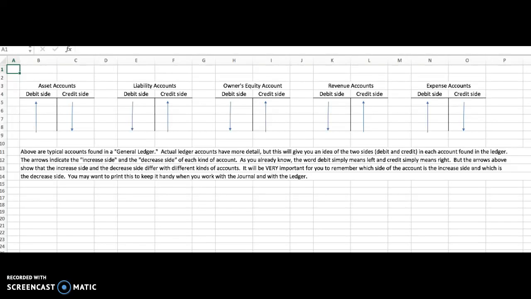We started out after some introductory things talking about the financial statements, two financial statements of businesses. One is the balance sheet, one is the income statement. We spent quite a bit of time with both. Then we went to the journal, the first book, sometimes called the original book of entry in a business, and you did a number of problems with the journal. And now we're going to be taking a look at the ledger, and we'll use this spreadsheet here as a